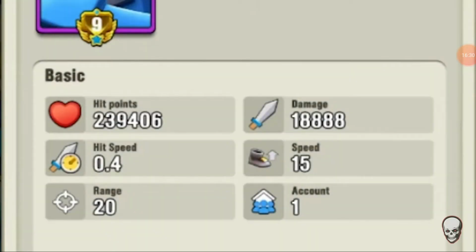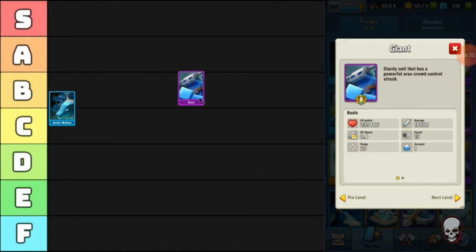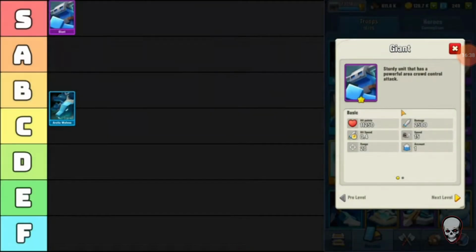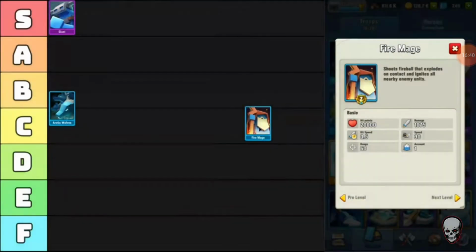Look at these hit points at level 9. Also, look at this damage, 18,888. The Giant has the most hit points in the game. It's a heavy single load tank. I'm sticking it in the S tier. You need these bad boys to lead the way for your army. It's best to put them in the front of your boats so that they can take damage and protect your troops behind them. Fire mages aren't...